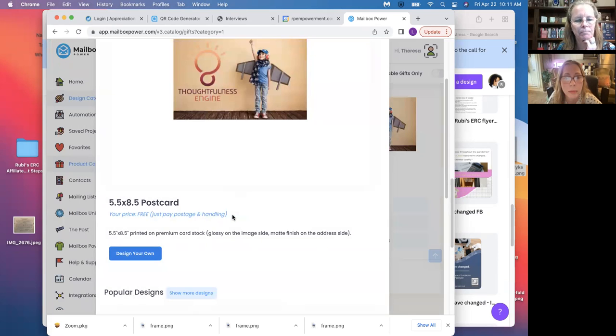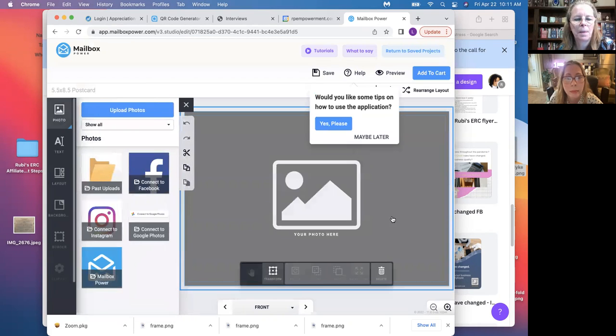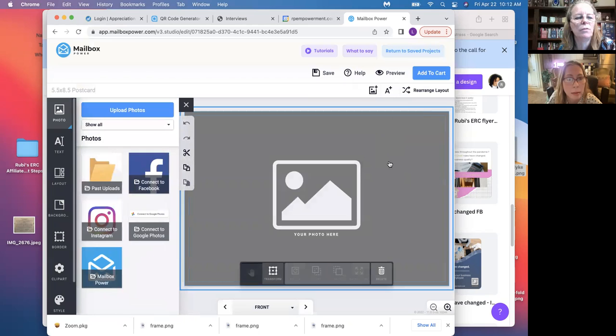And now you have a blank canvas, very much like Canva. You can put a picture there. You can put a lot of pictures there. You can put text. You can do whatever you want. So if you say upload photo,